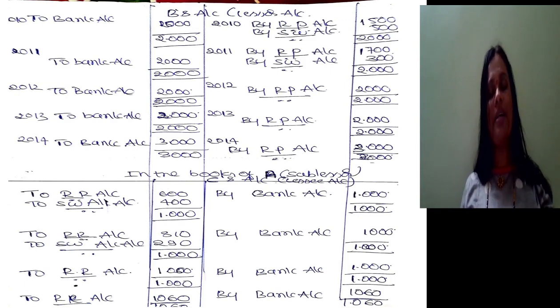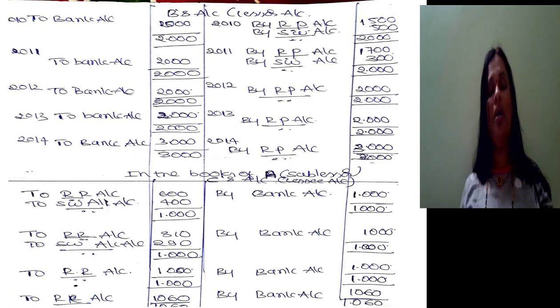So in the capacity of lessee, particularly main lessee, we have prepared so far. Now in the capacity of sublessor, we should prepare accounts. Now being a lessor, what accounts do we need to prepare? We need to prepare lessee's account.